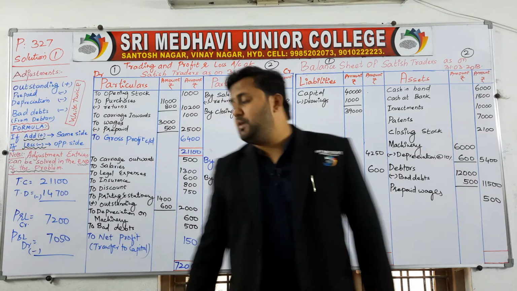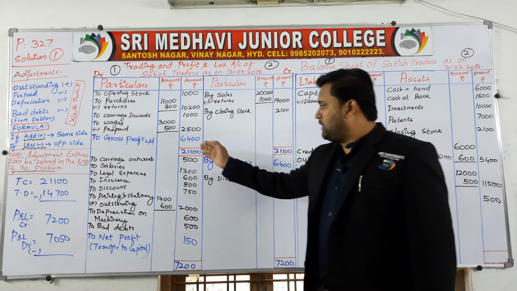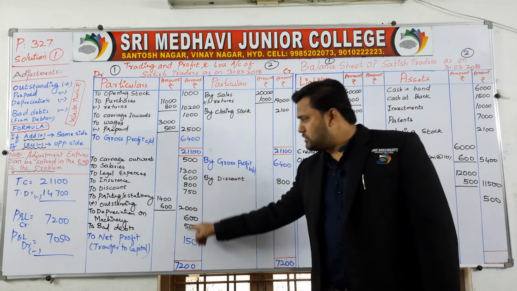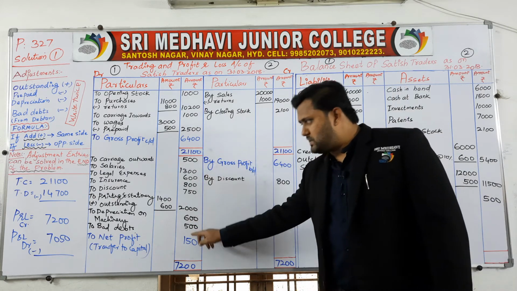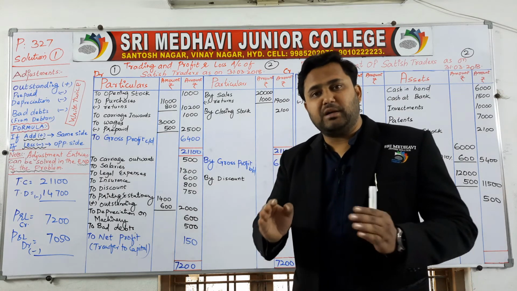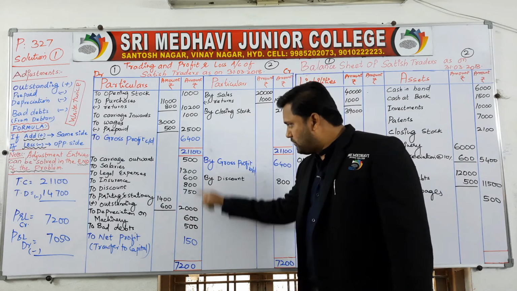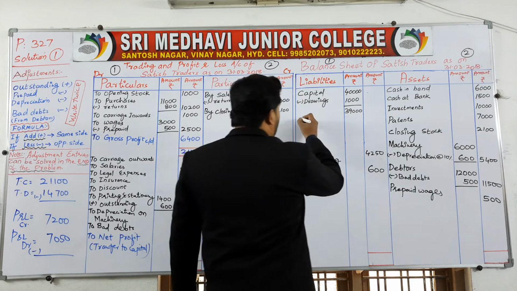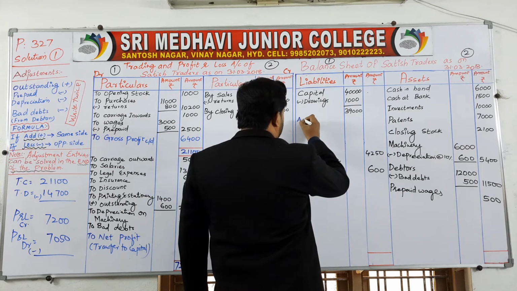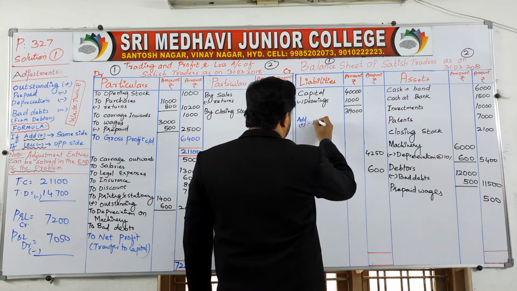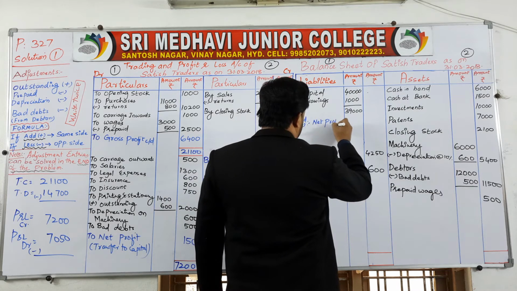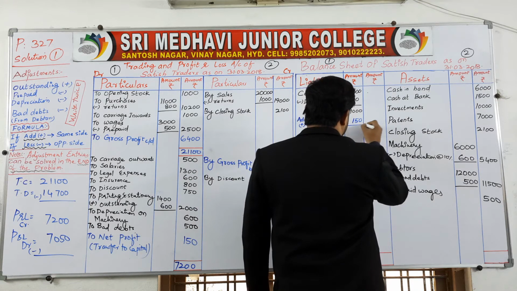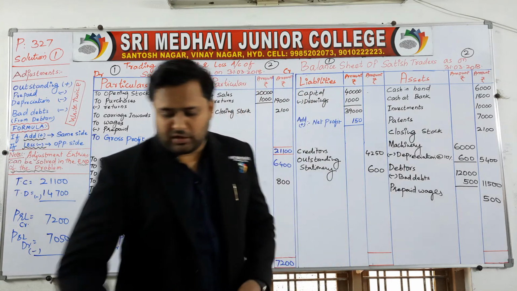After subtracting from the profit and loss account, the credit side total is going to be the highest amount, 7,200, minus this 7,050, which is the total of the debit side. You will come to know that 150 is the net profit. Now net profit is added to capital. Add net profit, how much? 150. So what is the amount that is going to be for your outer column?